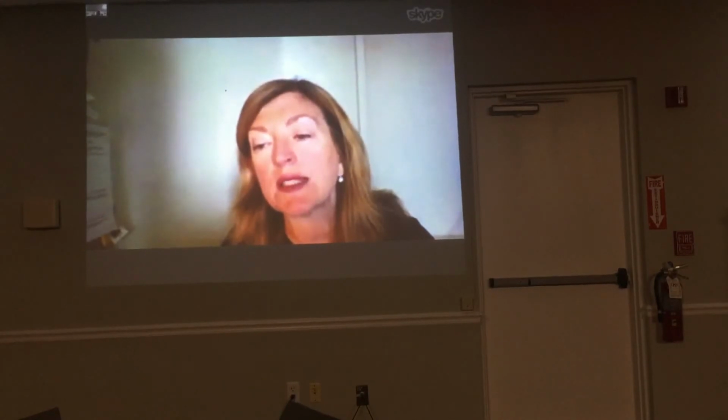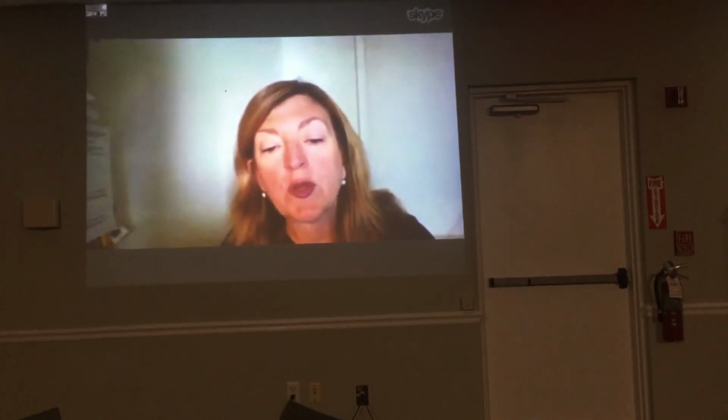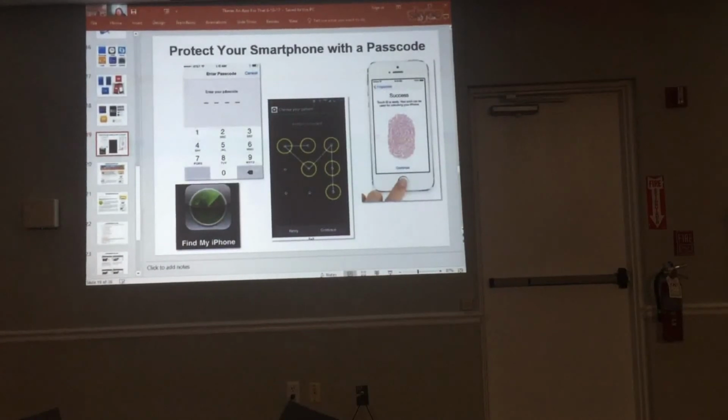So to repeat the possibilities of how you can set up a passcode, depending on your device: the one in the top left is that you type in either letters or numbers, between 4 and 6, to open up your phone. The one in the center is a choice for Androids where you can do a pattern with your fingers on the device to open up your phone. Or you can use your fingerprint. A caveat to that is some people have very dry fingertips, and so if your hands are really dry, reading the finger doesn't work that well.